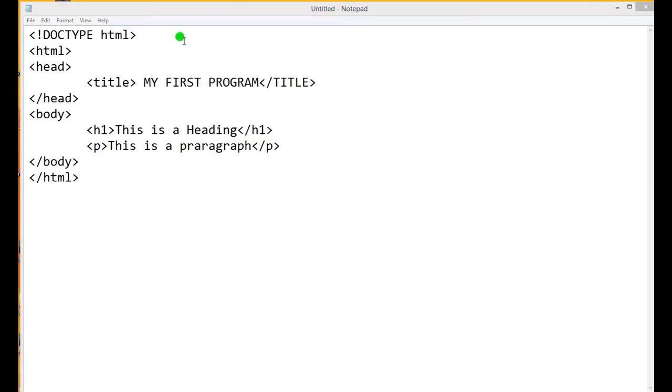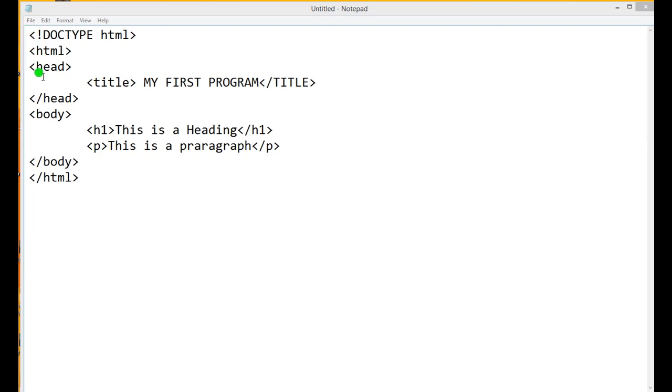Now I am going to write one HTML code. Look here, we can see one HTML code. First, you know how to open Notepad; I already explained the steps.